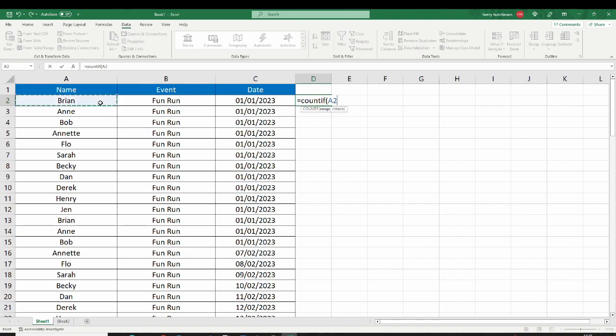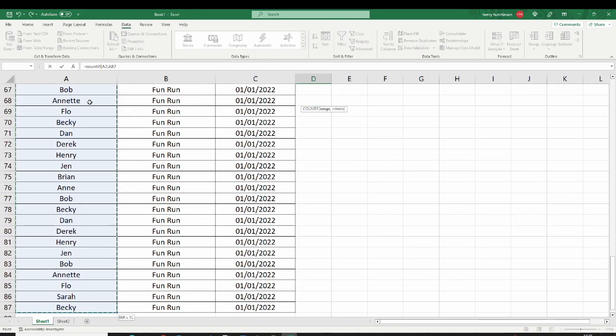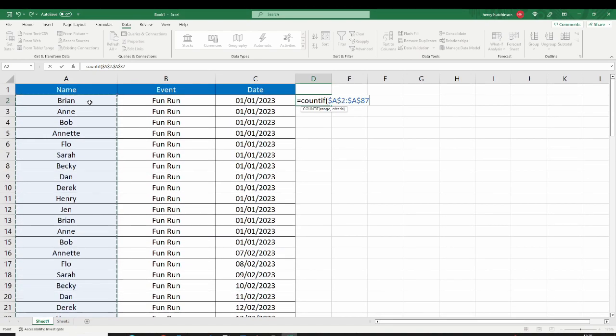The range is the range of data that we're going to cover, so we can manually select all of that by dragging down or press Control, Shift and down to select the whole thing. And then we want to press F4 and that will lock that in place. Okay, and the criteria, we're going to click on the first name, Brian. Okay, so the Countif formula is now telling us that Brian appears 8 times in this list,